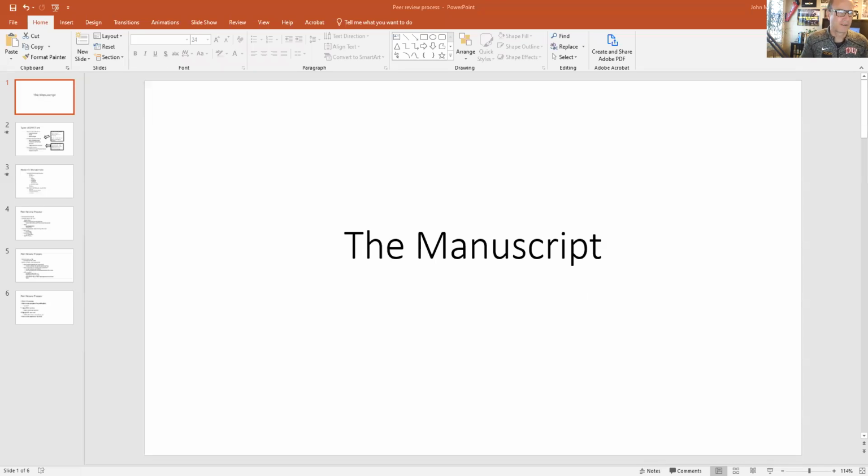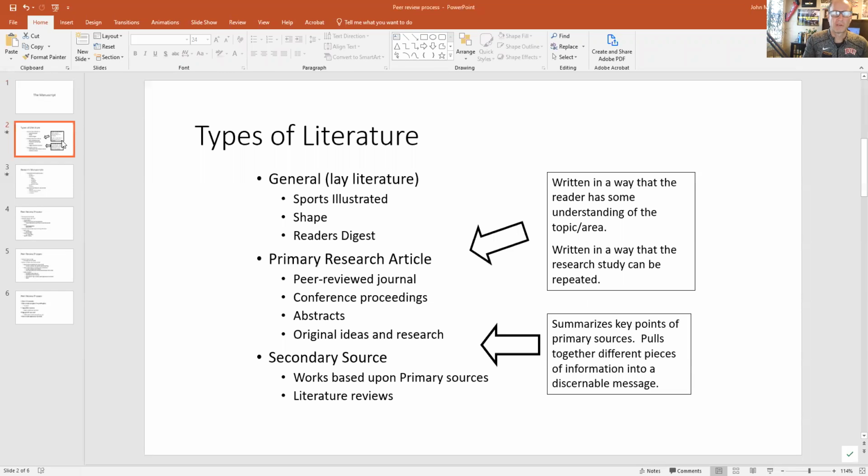Let's talk about the process to publish a manuscript in a peer-reviewed journal. So first off, it's important to recognize there's different categories of manuscripts or papers. And each category has value. They're different. And it's important to recognize the similarities and the differences that exist between these different types of manuscripts